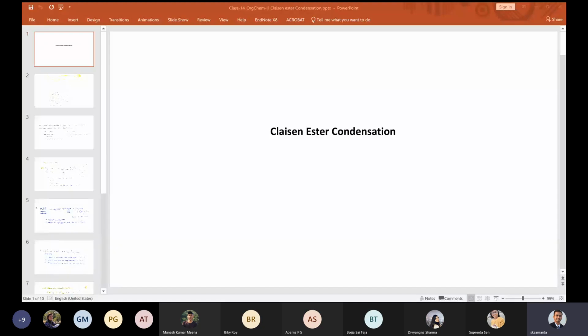Okay. So today we will start with Claisen-Ester condensation. Claisen-Ester condensation is very similar to aldol condensation. That is why we are connecting those things together. If you follow how we are progressing, then you will clearly find a trend, how these reactions are evolving one after another. In aldol condensation, what did we do? We take, let's say, acetaldehyde. The reaction that we started with is by using acetaldehyde.